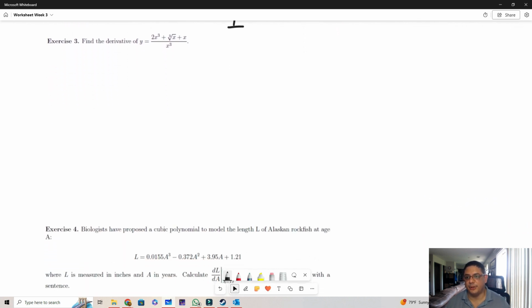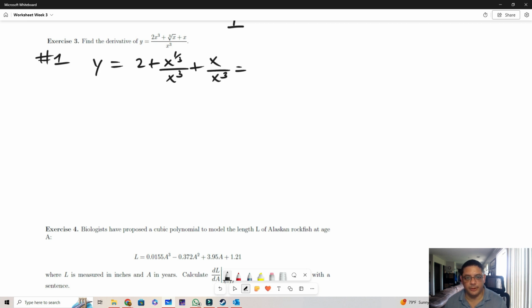in exercise number 3, we want to find the derivative of y, being this (2x cubed plus cube root of x plus x) divided by x cubed. Again, there are two ways of doing this one. The first one is, let's rewrite y as (2 plus x to the 1/3 over x cubed) plus x over